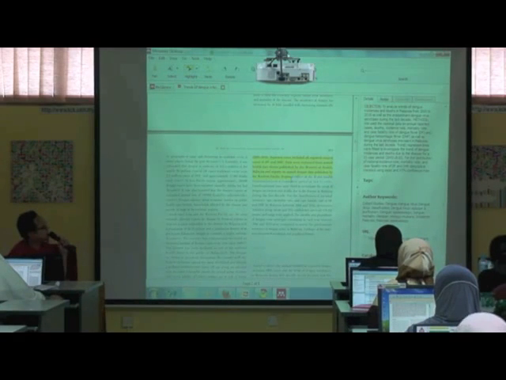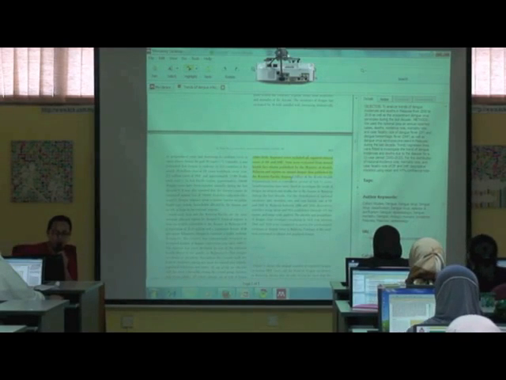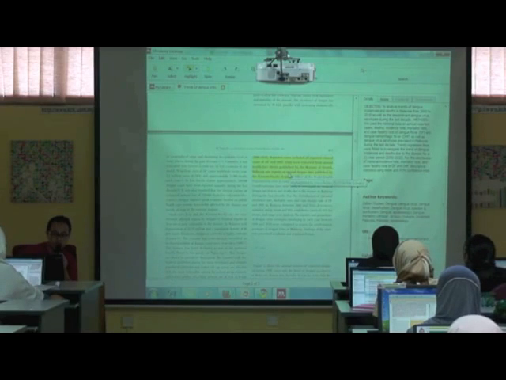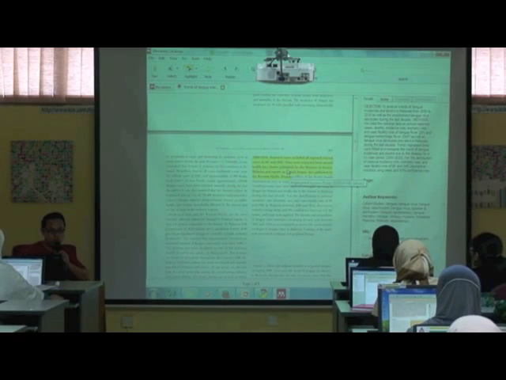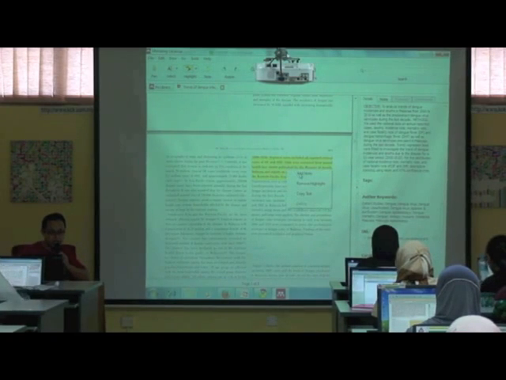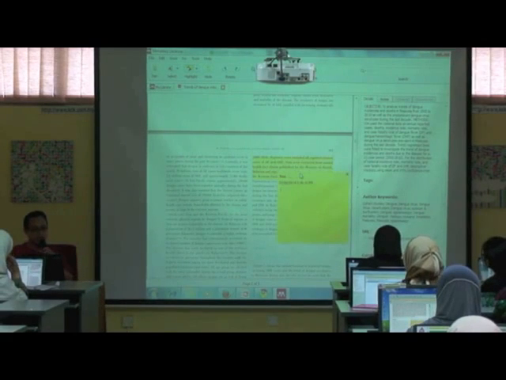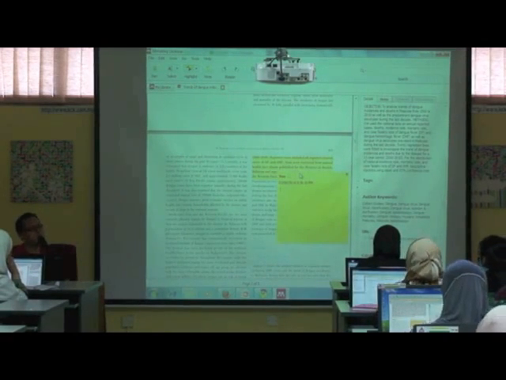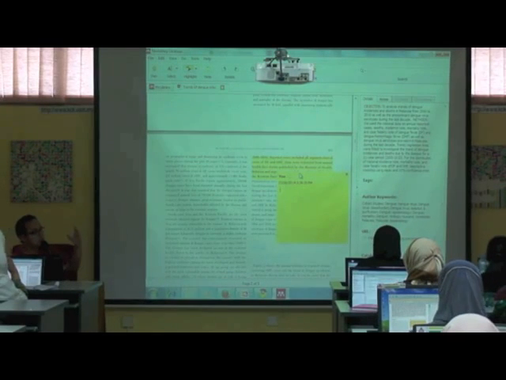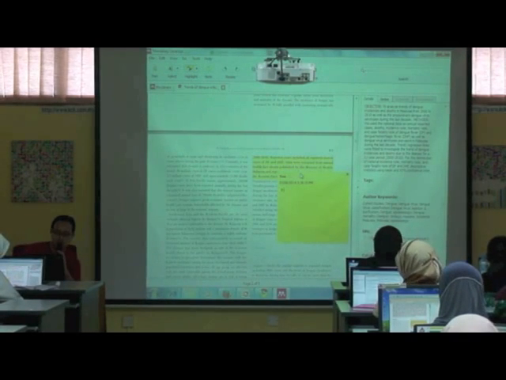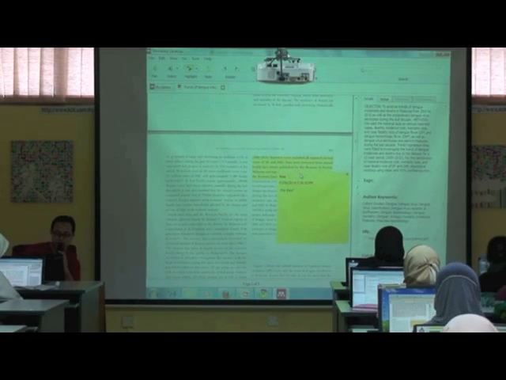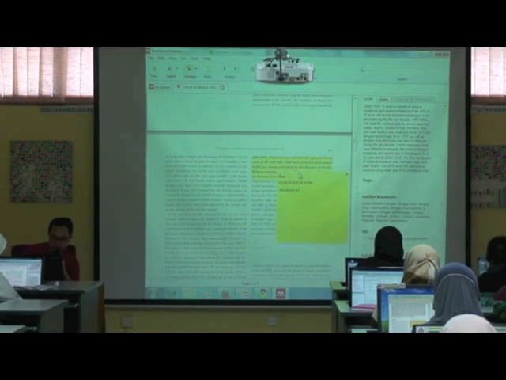Okay, not only is there a search function, but they also provide you with the highlight and note function. Okay, like this one. What you can do is, now you go to one PDF file, you open one PDF file, and then you click the highlight button up there, and you click there. Then try to highlight a few words or phrases. So you see, now the system highlighted for me